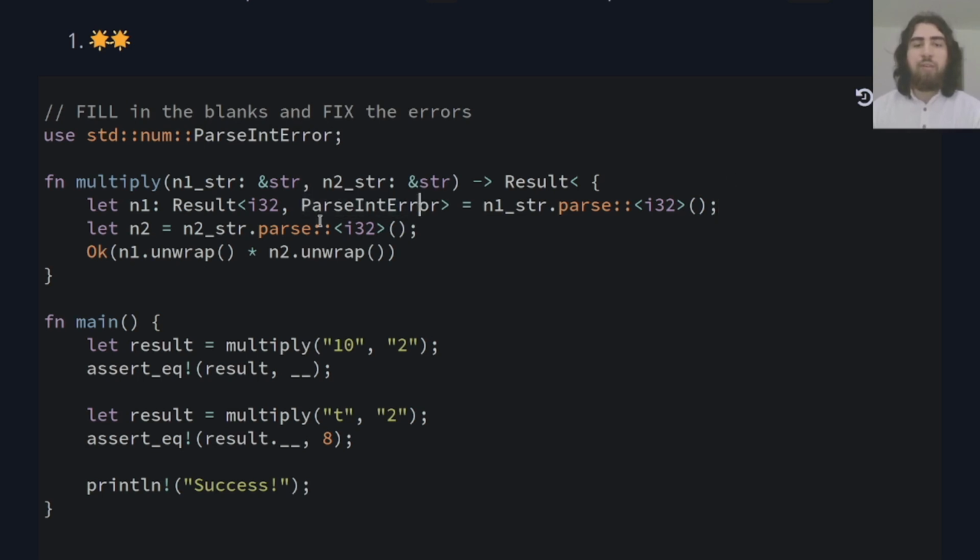And ParseIntError is the error type that is defined for this method. Again, this is implemented in the standard library, so this has to comply with what is defined there. And n2 is exactly the same, but for the second argument. Then over here,